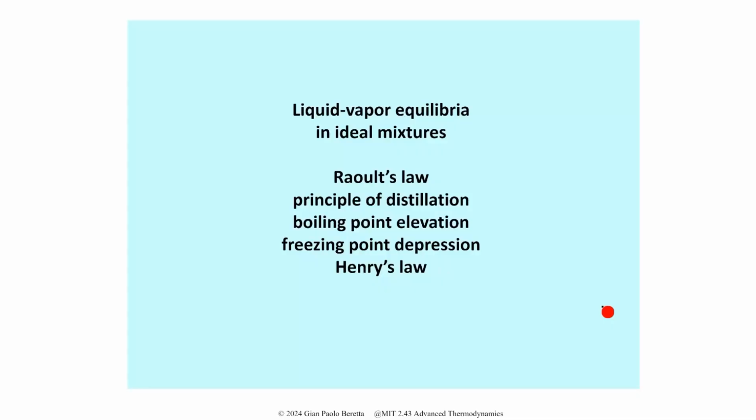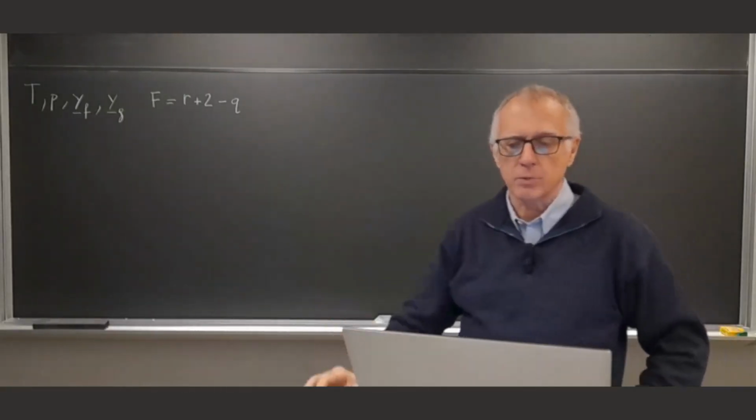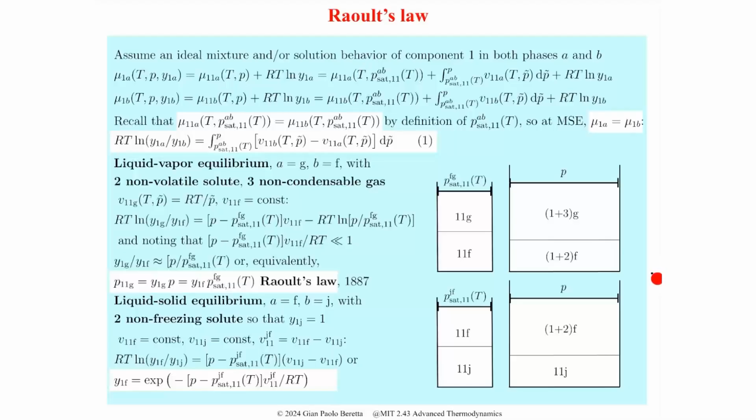Of course, the chemical potentials, as usual, will play a major role, as they did in order to derive the Gibbs phase rule. So the first result that we want to derive is Raoult's law. Raoult's law has to do with, and we'll do it for the simplest situation. So the simplest situation will be one